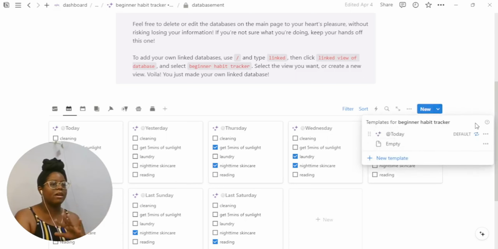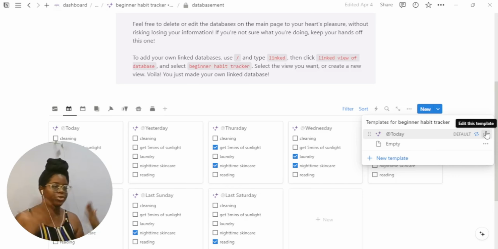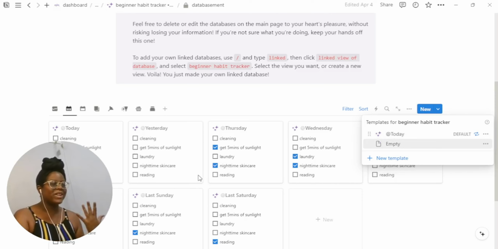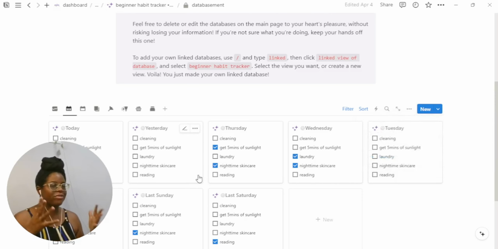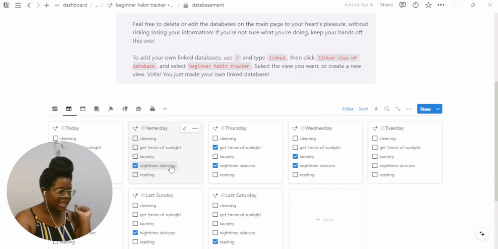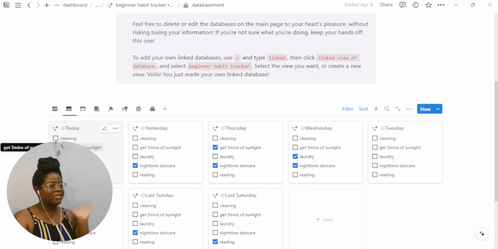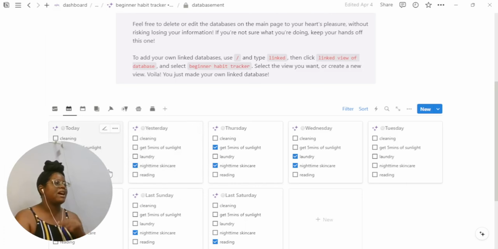This database comes with a recurring database template, so every day a new entry is created for you. You don't have to remember to create the entry. I really like this because it's easy to retroactively add in your habits without getting your dates messed up or having to figure it out. It's there. Yesterday, I did my nighttime skincare, and that's all I got done yesterday. And today I've gotten my 5 minutes of sunlight, and you'll see what